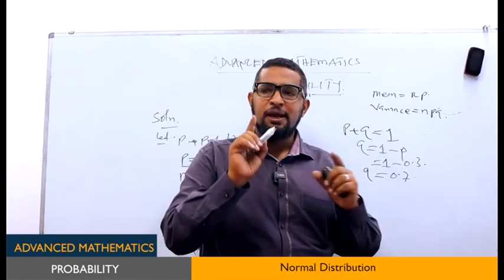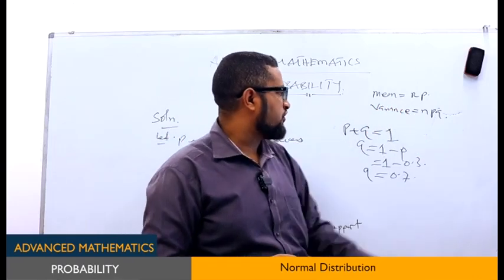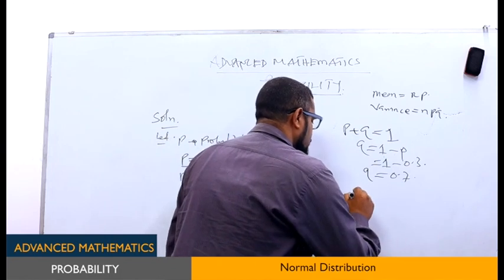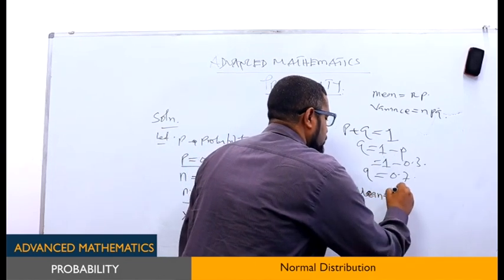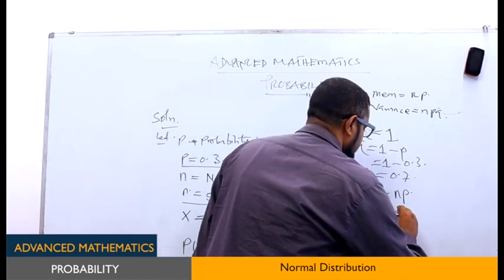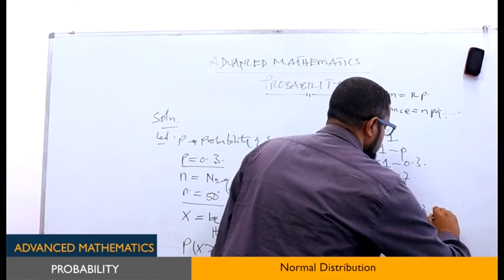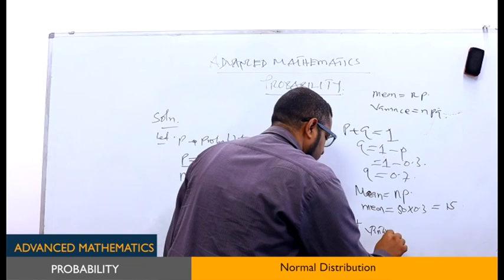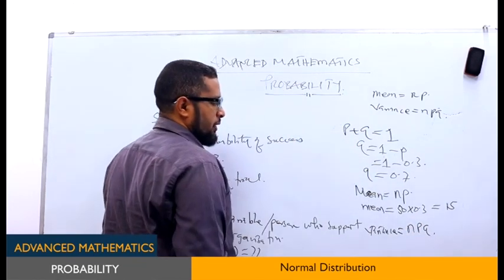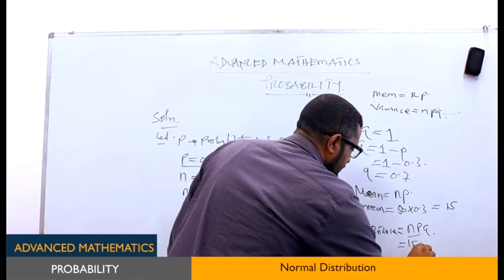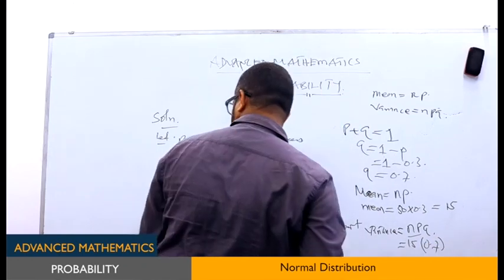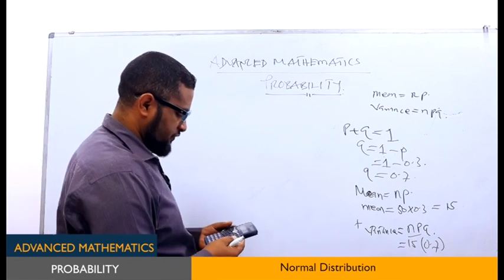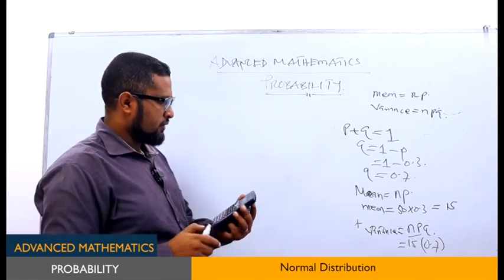Now let's check. What is the mean of this question, having N of 50 and P of success as 0.3? Now find the mean. So the mean is equal to NP. When you find the mean, it is 50 times 0.3, which is equal to 15. That is the mean. Now checking the variance, it is NPQ. But you already have NP. Our NP is 15. What is our Q? It is 0.7. Then use your calculator, multiply and see what the value will be. So if you use the calculator, 15 times 0.7 is